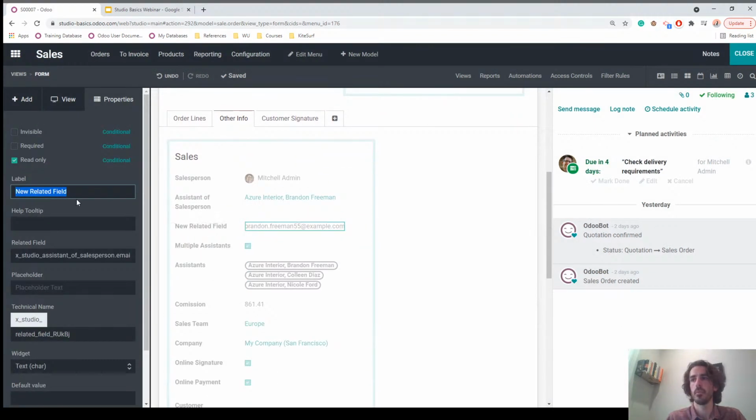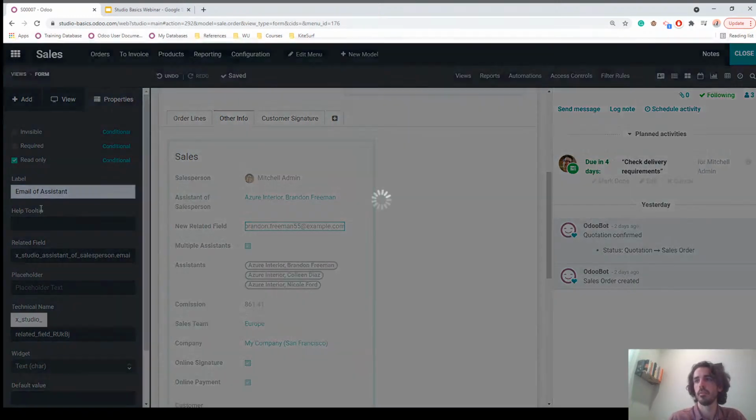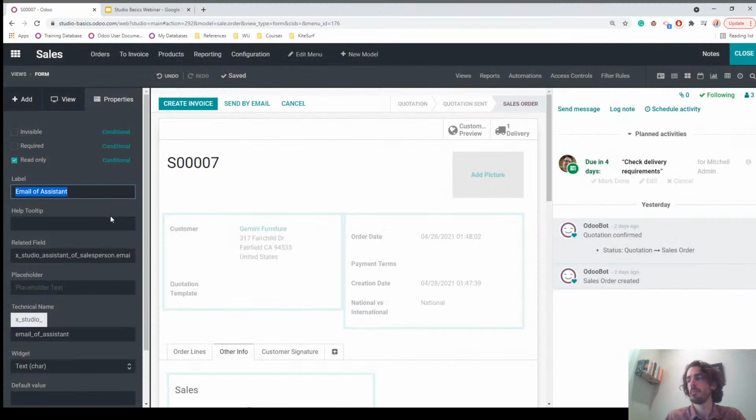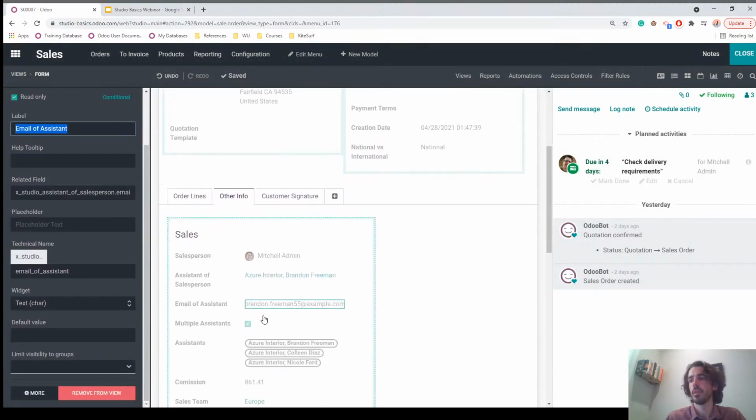Perfect. And we have the new related field that we have to rename, email of assistant. That can be automatically displayed. Okay. Now let's jump into the